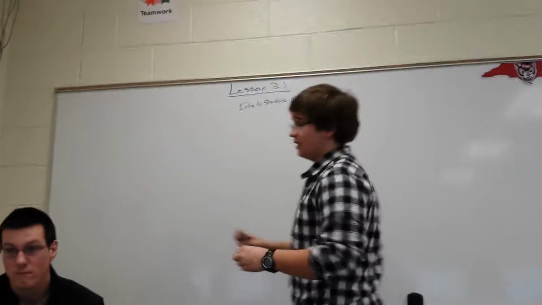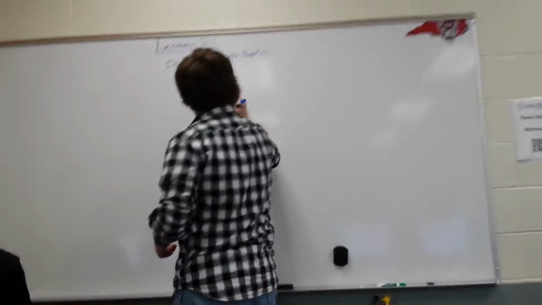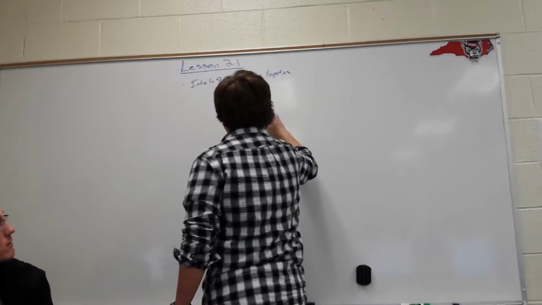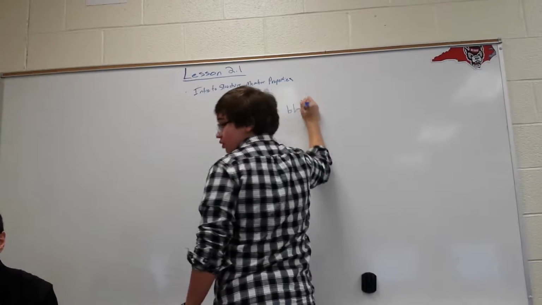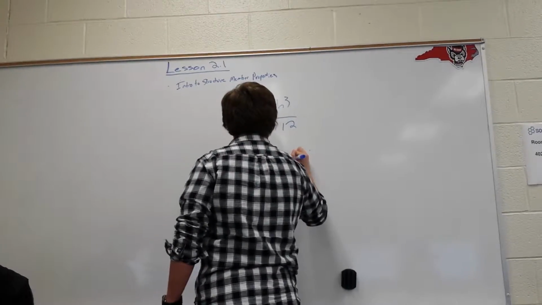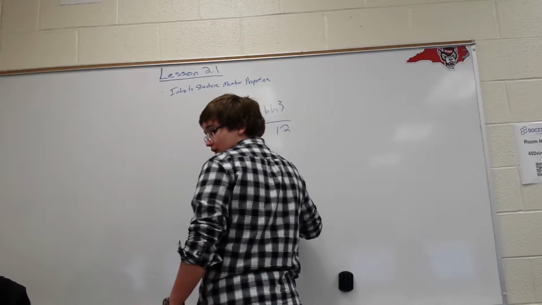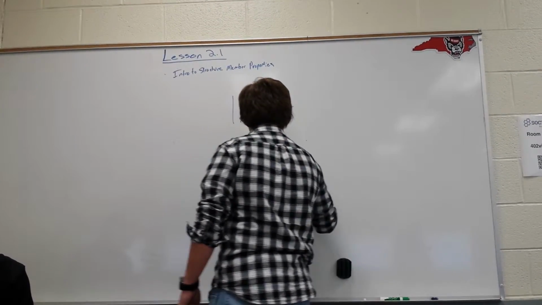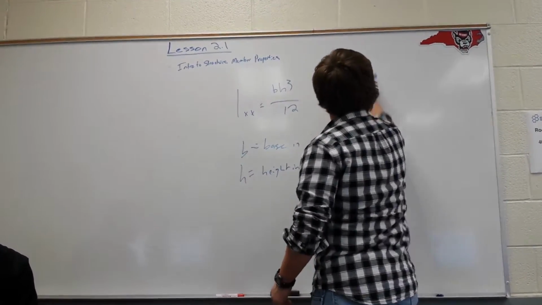So moment of inertia can be calculated as I xx equals base times height cubed over 12. Base equals base inches, and then height equals height inches. So when I think like this,